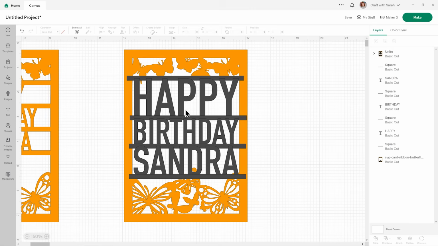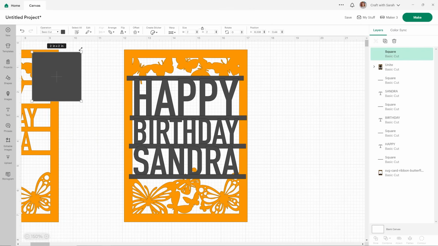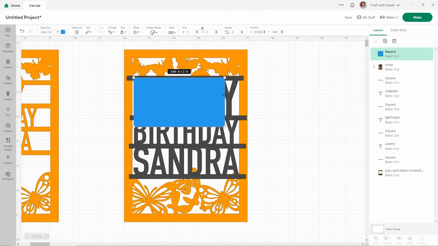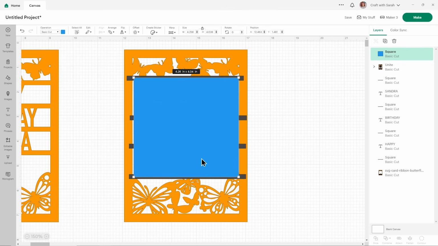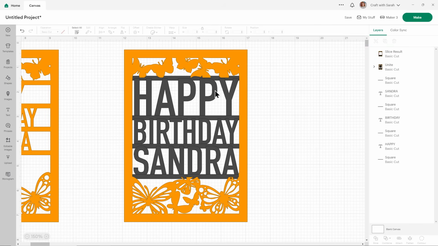All right, so what we want to do now is cut off anything in the background that's touching these inside the letters. So I'll go into Shapes and choose another square and make it a completely different colour so it's easier to see. And then drag it so that it covers up any part of your background that appears over the lines. Make sure you don't go into the border at all. And then we can select that and the background and go Slice. And then delete the blue and the bit of the orange in the middle. And then when that's moved back, you can see that's now looking a little bit neater.